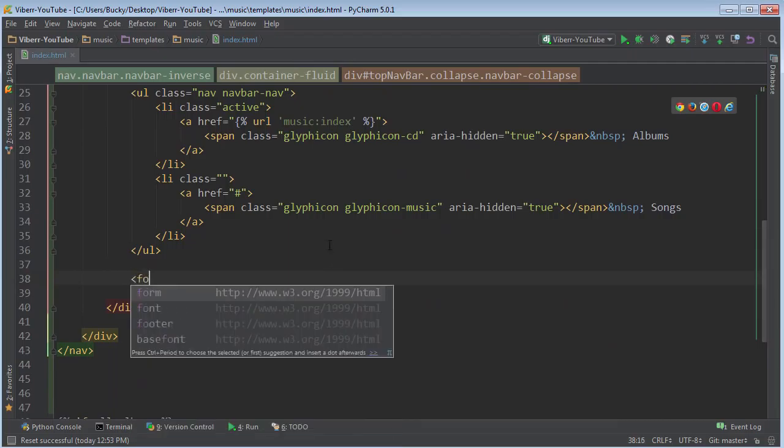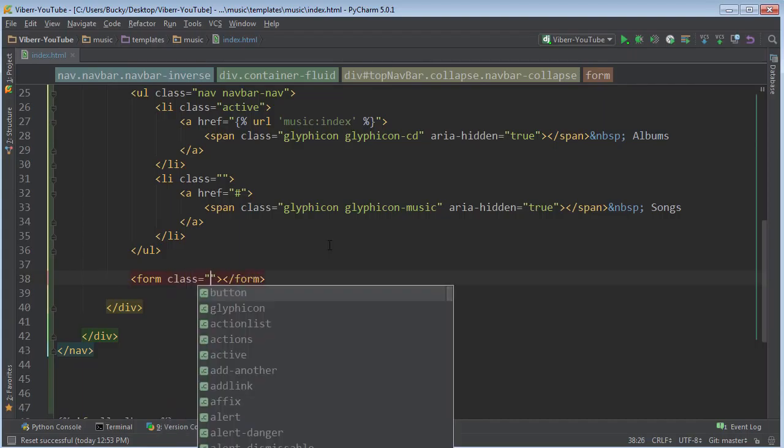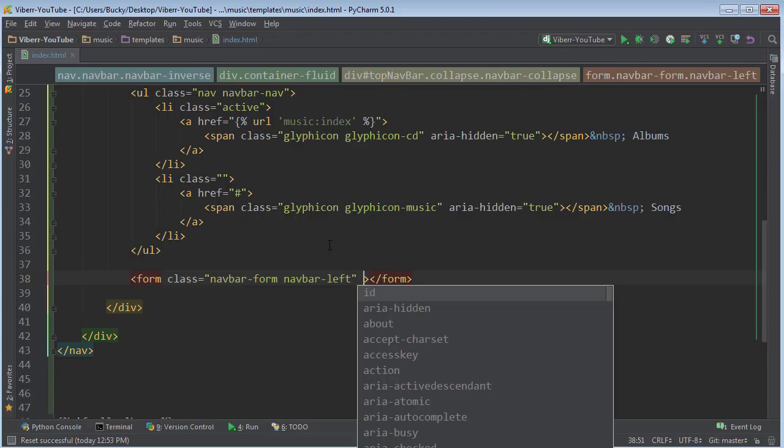Alright, so let me just go ahead and make this form real quick. And again, this form isn't going to work right now because we didn't build any search functionality, but I just want to make it display and look pretty. So anytime you add a form, just write navbar form, and I just want to make it float to the left. So navbar left, and after this